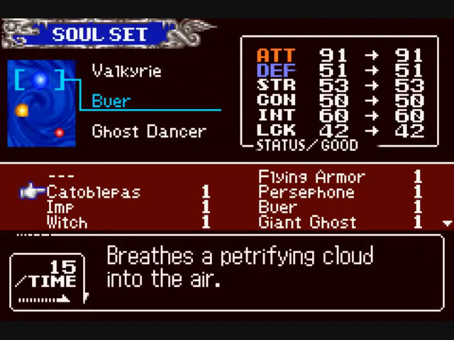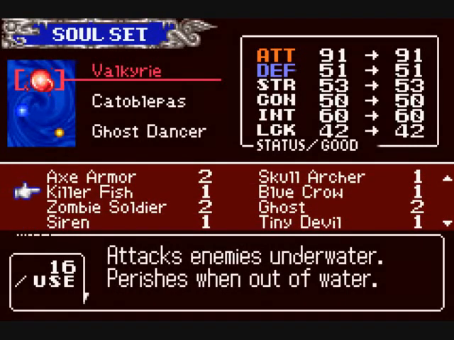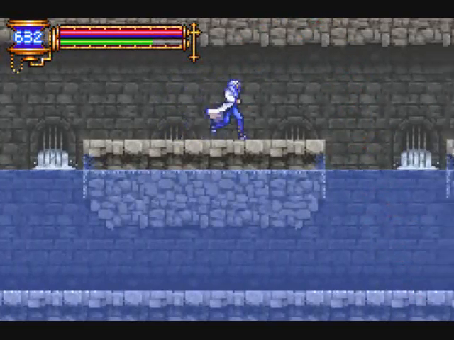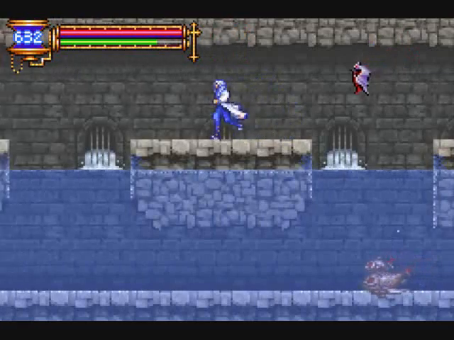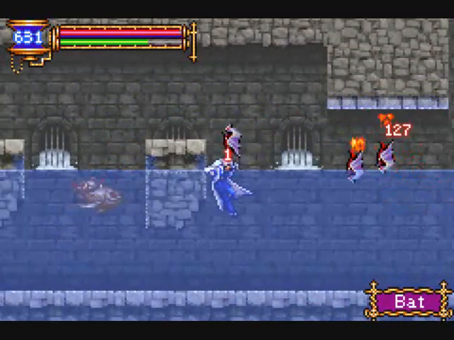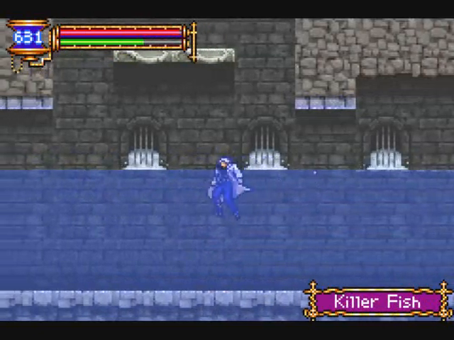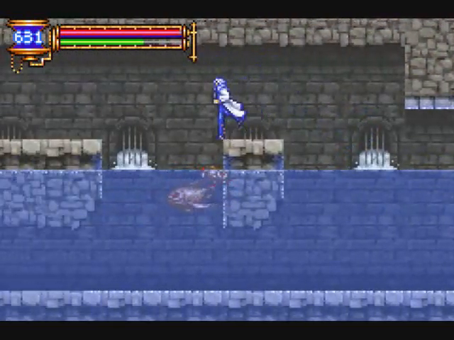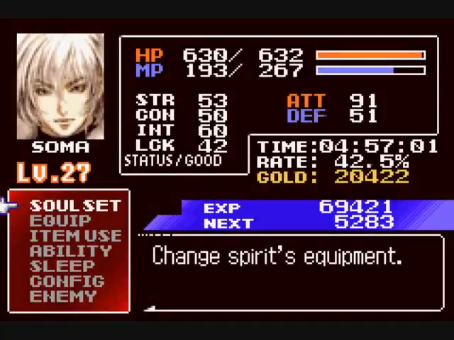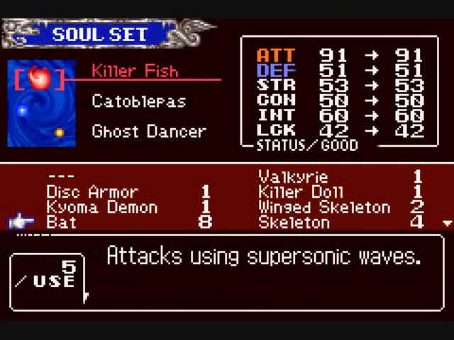Okay, next would be Catobal Pass, or however you pronounce that. And since we're around water, I'm going to go ahead and demonstrate Killer Fish. Because if you use it out of the water, yeah, it immediately dies. That's no good. Used in water, though, it homes in on enemies rather nicely. Pretty useful. I can't actually use Catobal Pass in the water, though. So I've at least shown Killer Fish, so next up would be...